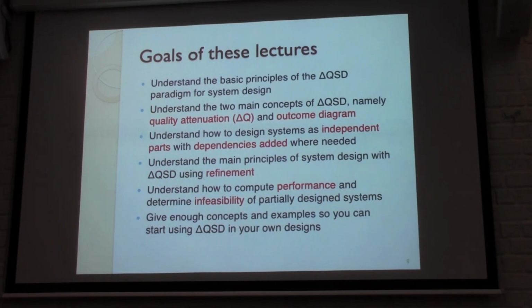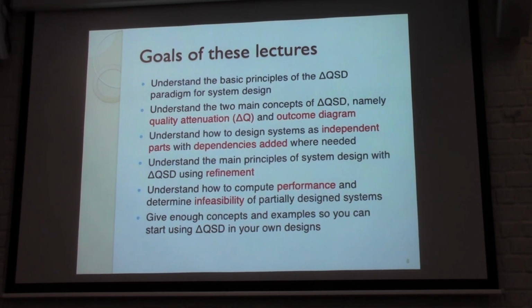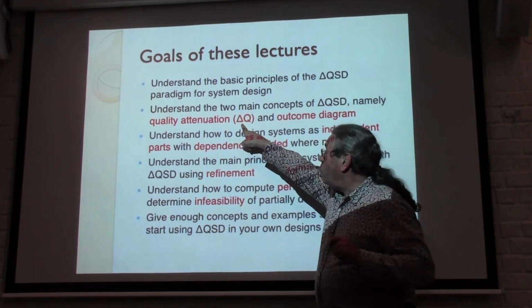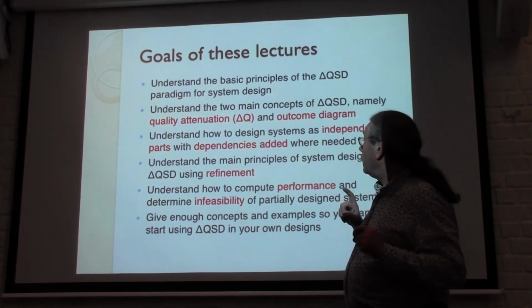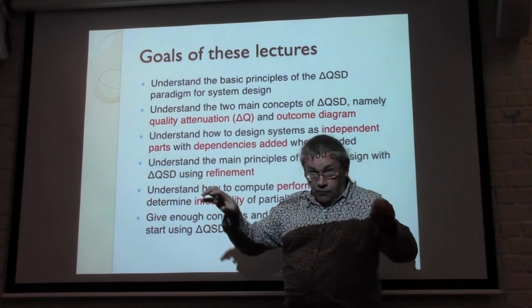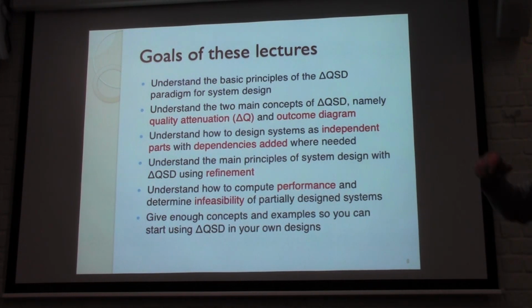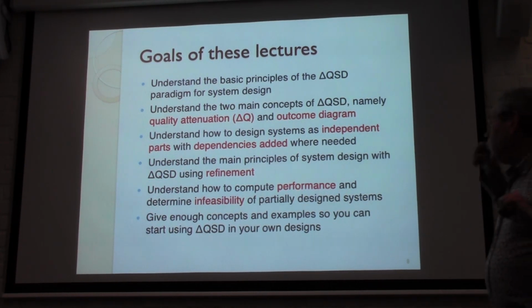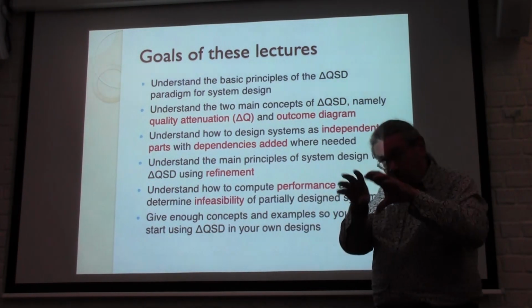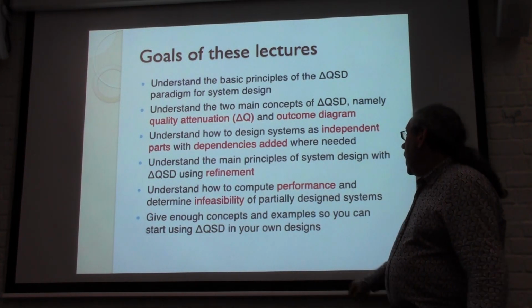So in these 2 lectures, I want you to understand the principles. Of course, you will not become really experts unless you actually use it, but at least you get some idea. There's 2 main concepts: quality attenuation, outcome data, which I'll explain. The systems are independent parts. That's how it starts. You assume it's independent and then you add dependencies as you need it. Then you have notions of refinement, so you can start with very vague things and make it more concrete. And then you can